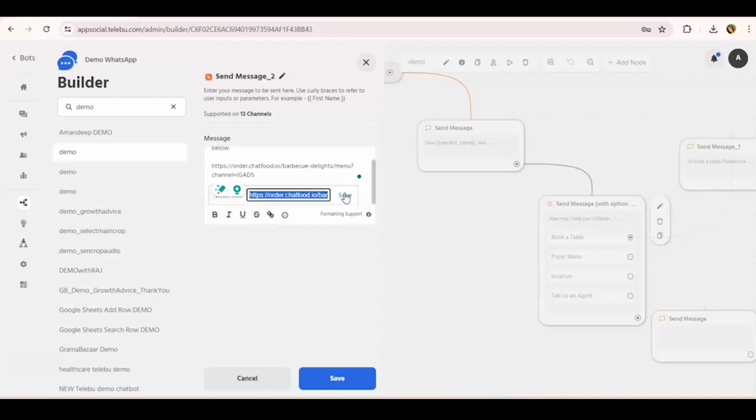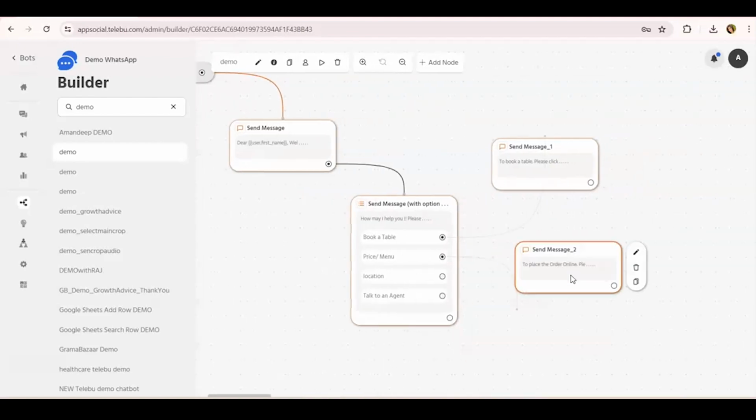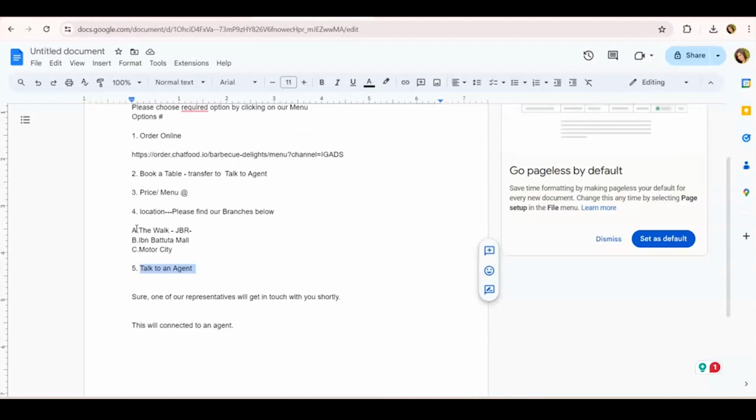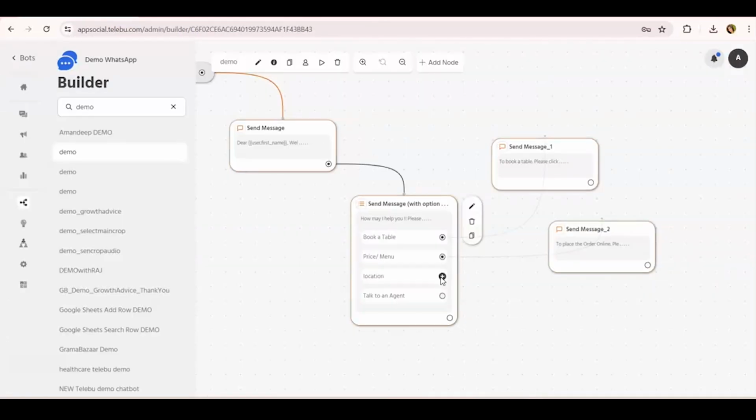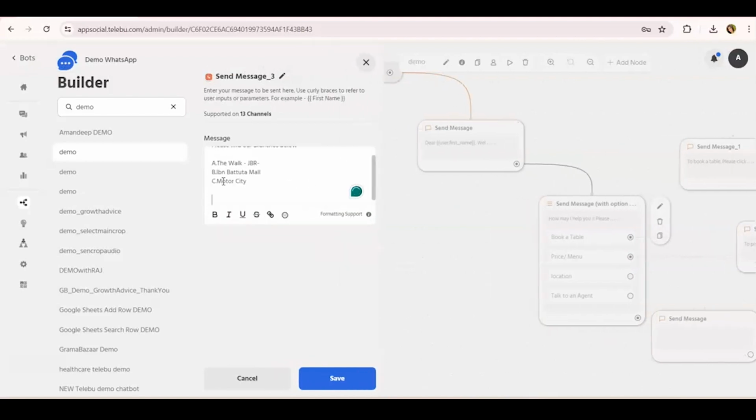Okay, and click on save. Now if someone clicks on location, I have to send my location. Now my locations are these 3 locations. Again, I select the option of send message. Okay, and I'll give the prompt that we are available on these 3 branches and click on save.